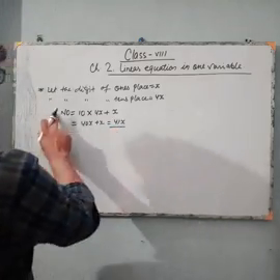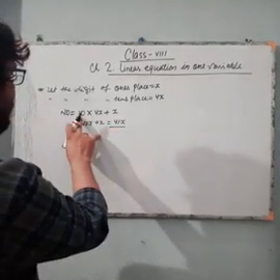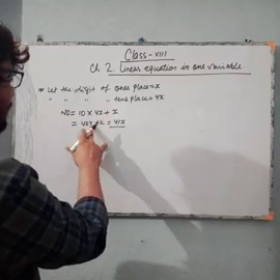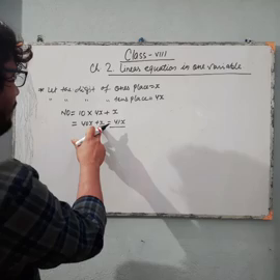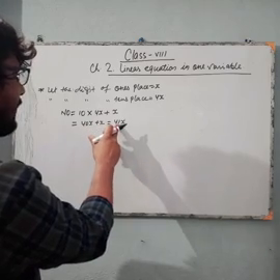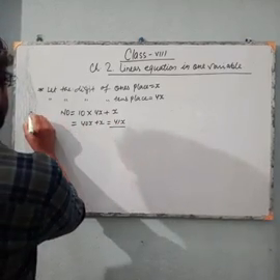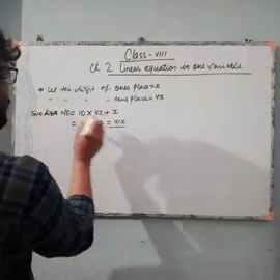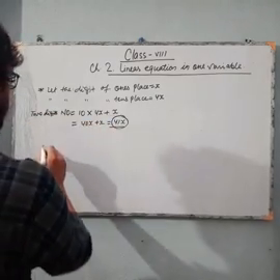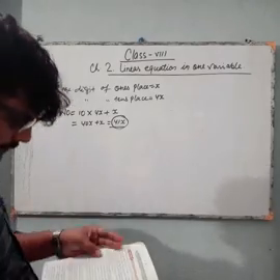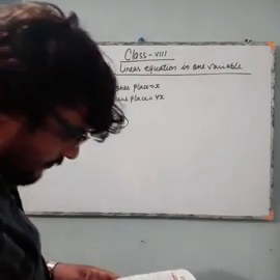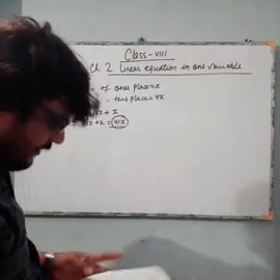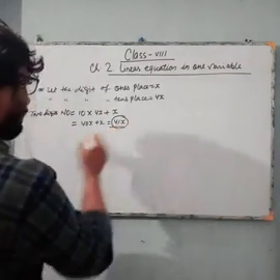You can write, when we multiply 10 by 4x, that is 40x, and plus x. When 40x is added to x, it becomes 41x. We can write 2 digit number is equal to 41x. Now, our next condition for this question is, if 54 is subtracted from the number, means number is 41x.